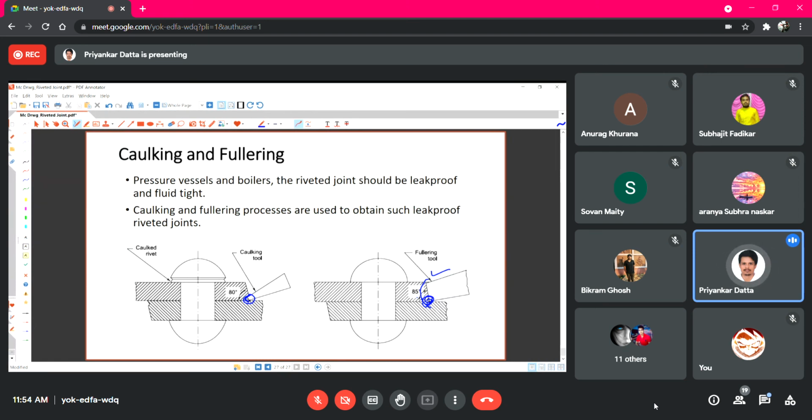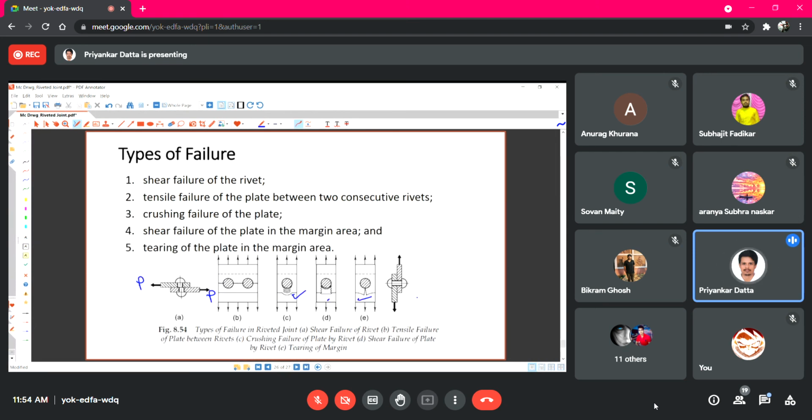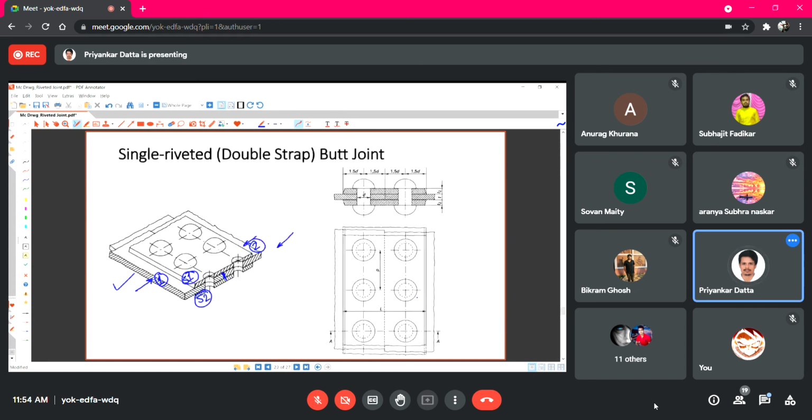So your task will be mainly to draw these projected views. Different types of projected views will be asked to be drawn for different types of joints, and I shall share this PPT with you so that you get the drawings available to take help from if required. Right. So if you have any question in this regard, you can ask.